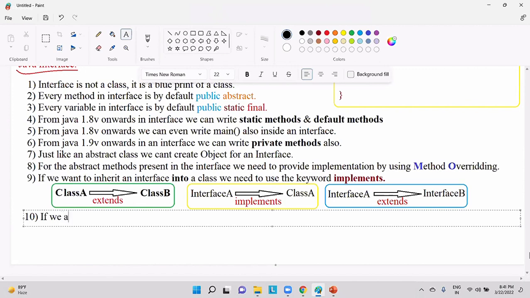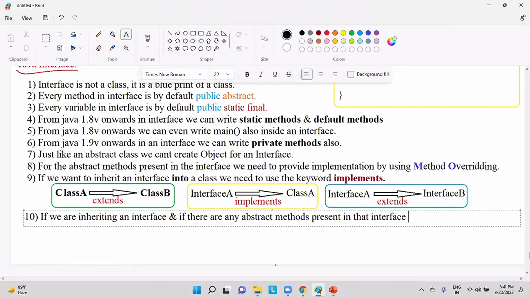If we are inheriting an interface, and if there are any abstract methods present in that interface,